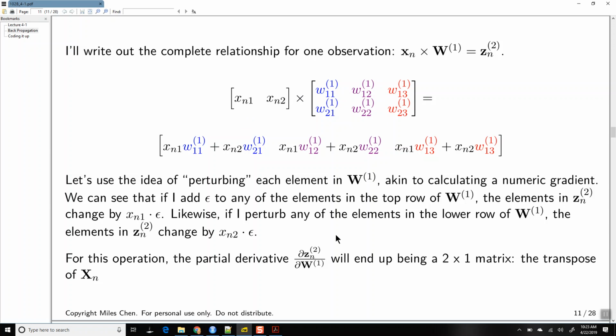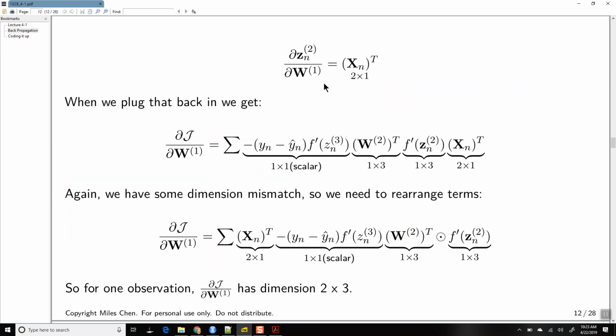And so the derivative, or the gradient or partial derivative of zn with respect to w1 just ends up being a 2 by 1 matrix, which is going to be the transpose of x of n. Okay, so we take x of n and transpose it, and that's going to be the gradient of zn2 with respect to w1. Okay, so this is what we have, and I plug that in, and this is kind of what we have in its